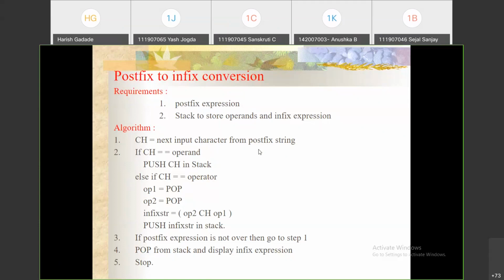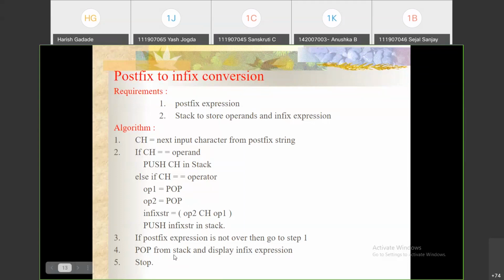Read the string, and if an operand is there, insert it into the stack. If an operator is there, then pop the top two elements, operand 1 and operand 2, and accordingly perform it: operand 2, character, operand 1. Push the resulting infix string back onto the stack. If the postfix expression is not over, go to step 1.